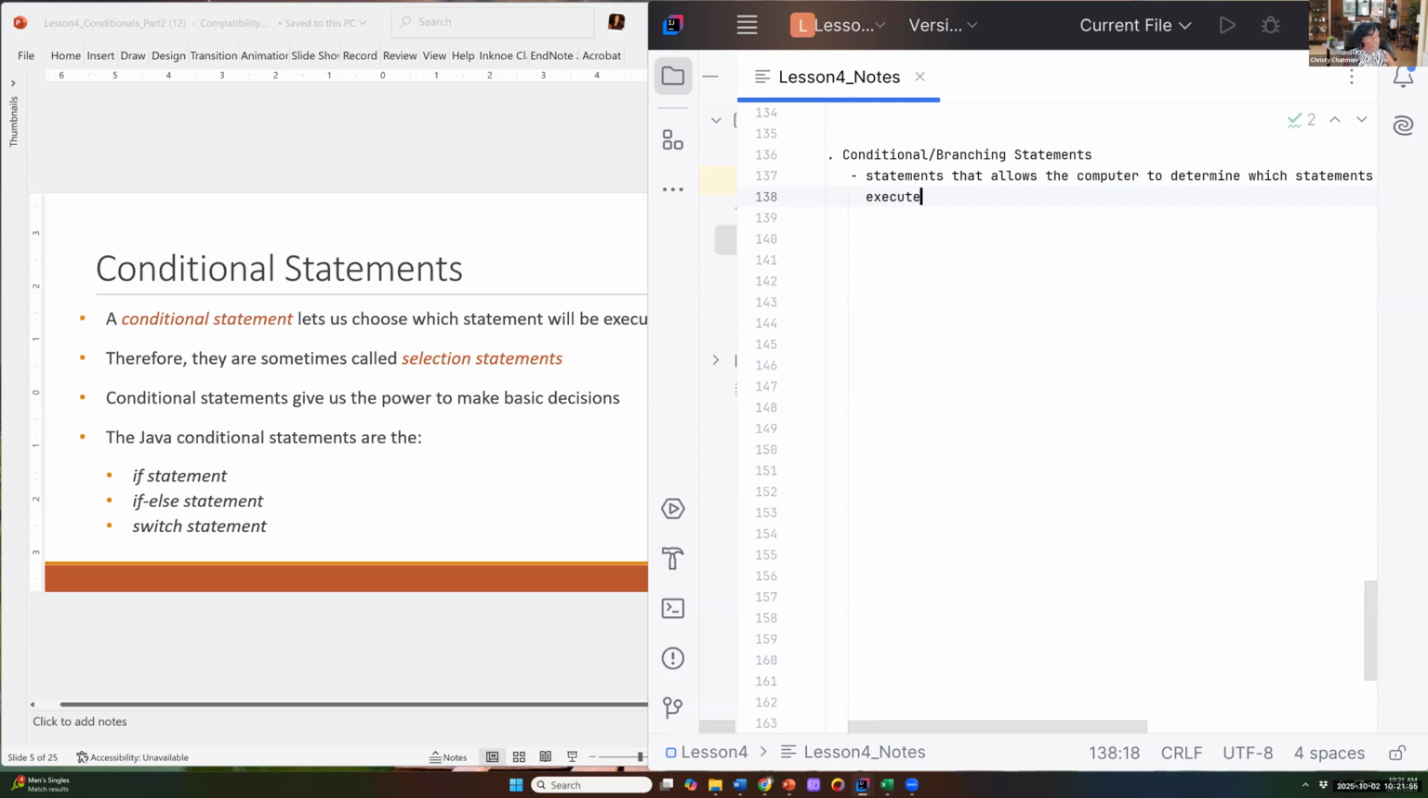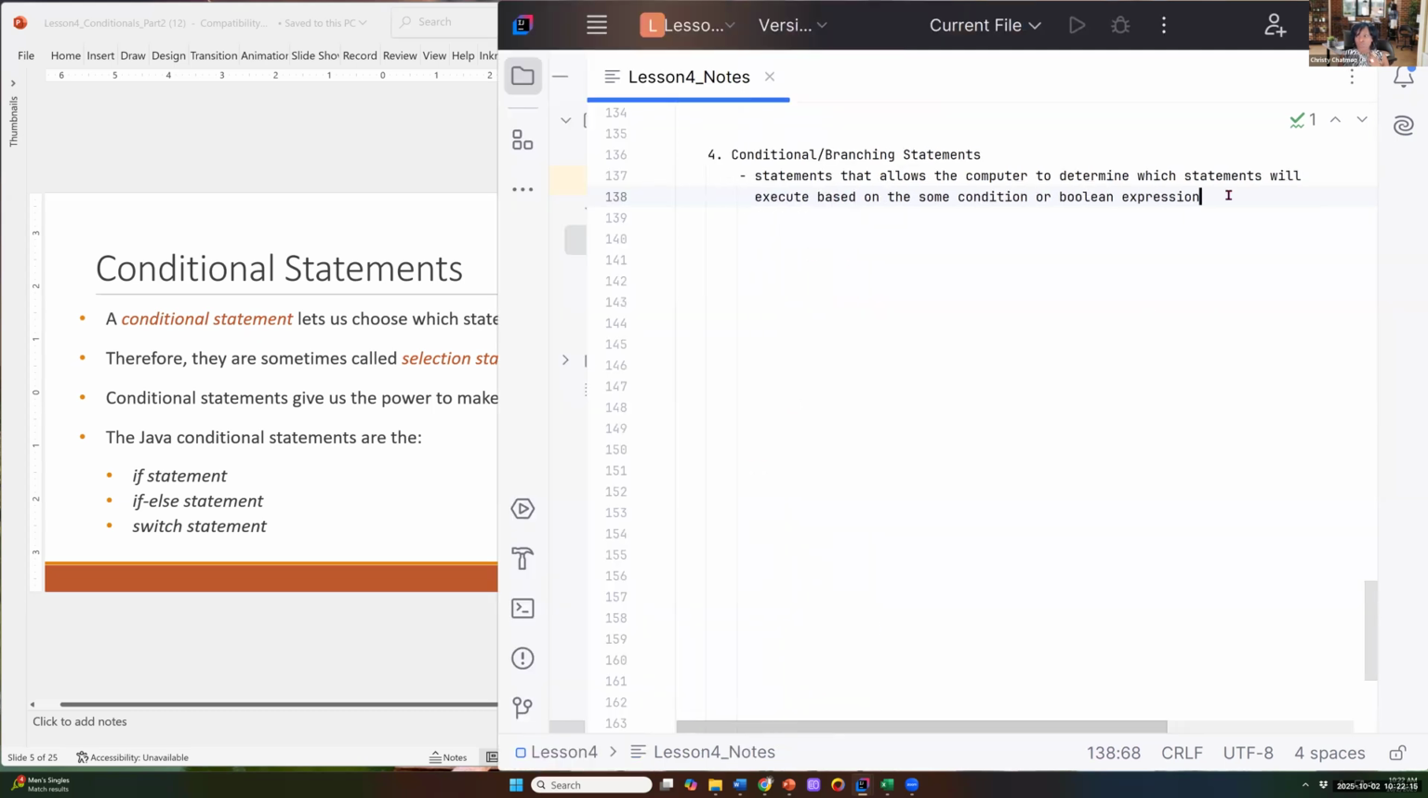Execute based on some condition, or a Boolean expression. Just a simple statement there about what a Boolean is, what a condition or branching statement is. The idea is that not every statement, not every line of code, will execute in a program